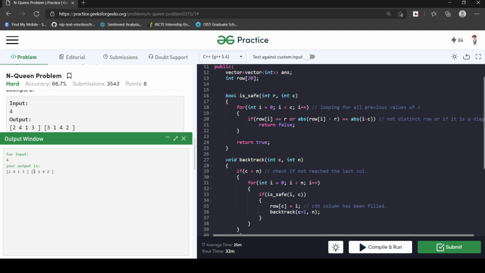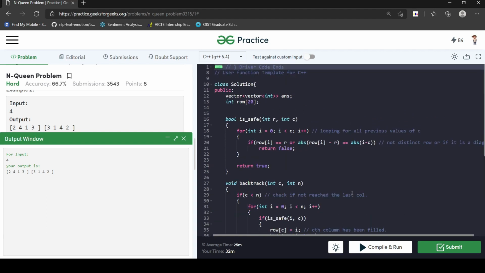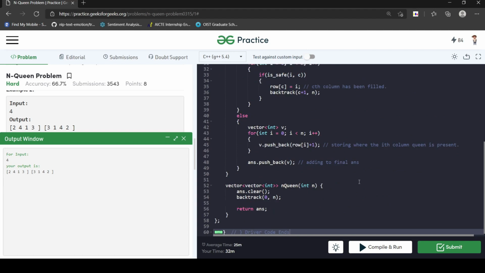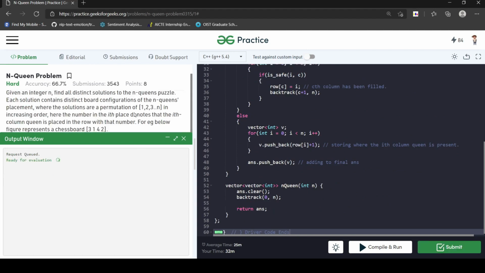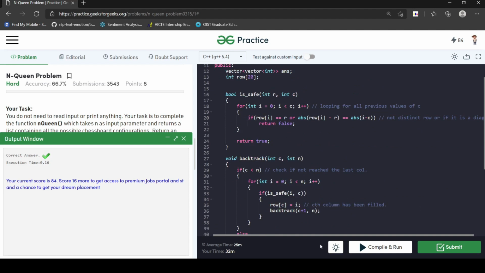For this dry run, I have actually shown this code in the example also 2 times, so I don't think a separate dry run for the same example is possible. Now I will submit my code and check. Okay, I am getting the right answer over here. So I hope the question is clear to you.